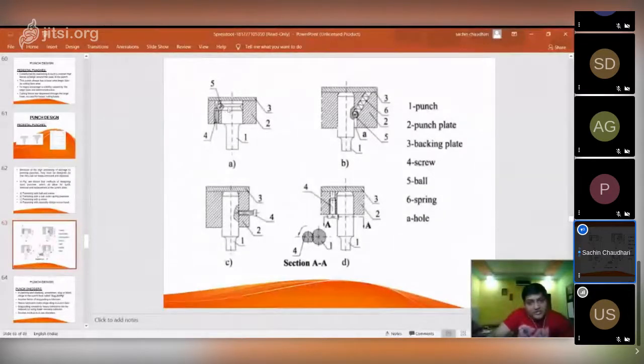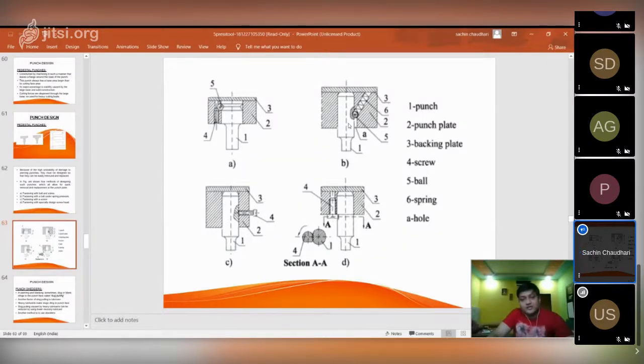See, you can see this, meaning through this groove you can easily remove this punch, and you can easily load a new punch of the same size into the machine. Okay, so according to this, the design also depends upon the punch. B is fastening with ball under spring pressure. See, this is the ball, number 5, and number 6 is the spring. And the groove is given. So in this way also you can design your punch.